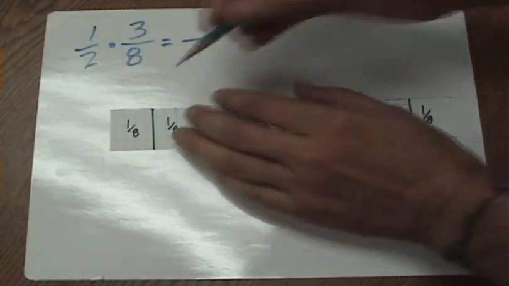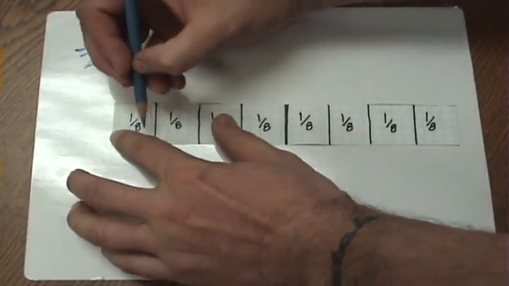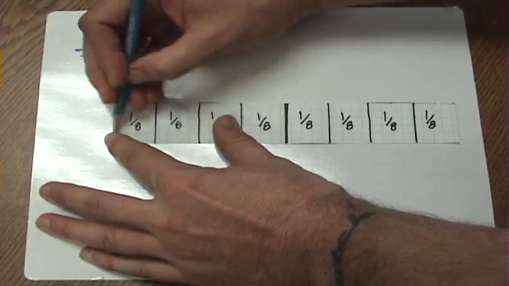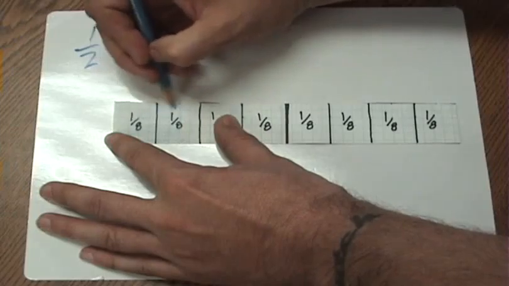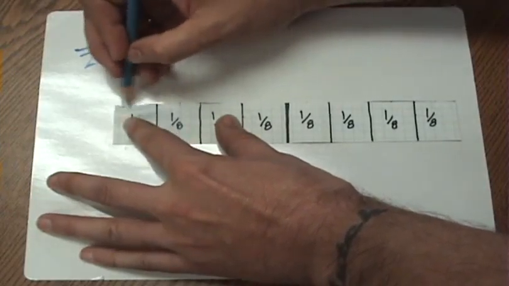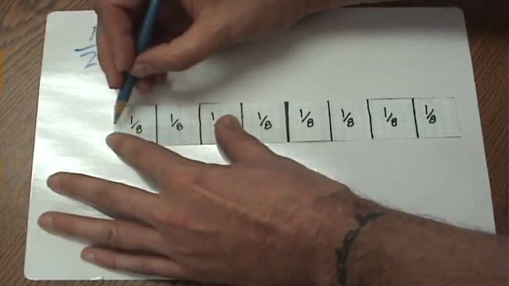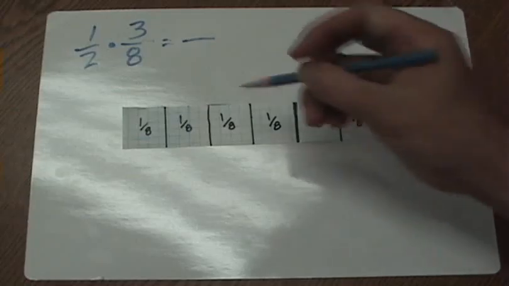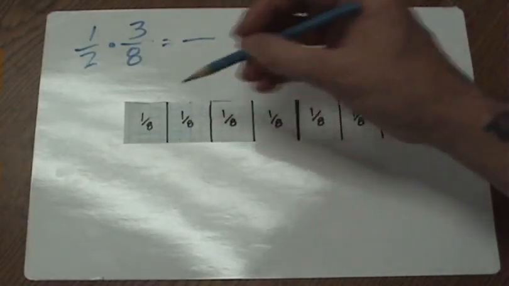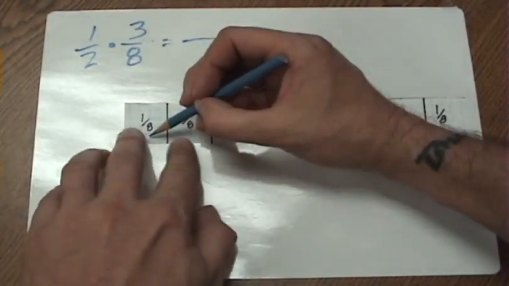So if we go ahead and shade that, we get that shaded portion, which is 1/2 of our 3/8. We notice that this divided an eighth right in half. Well, if I divided all of the other pieces in half,